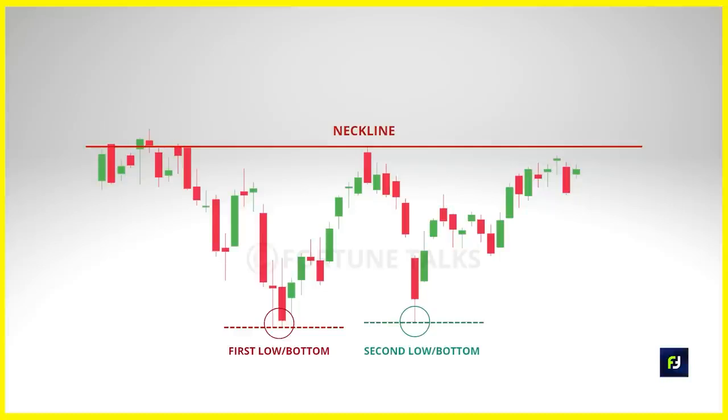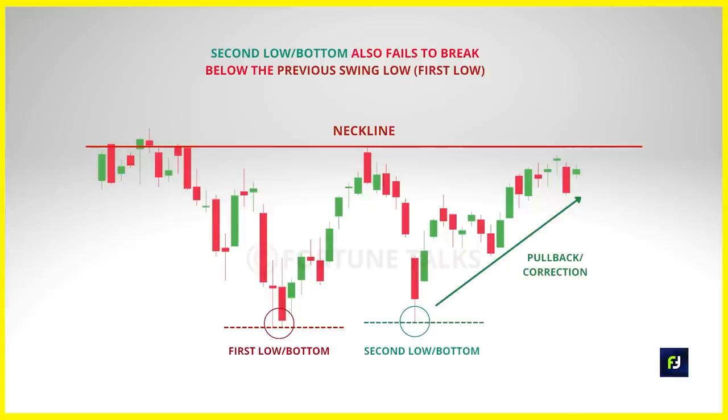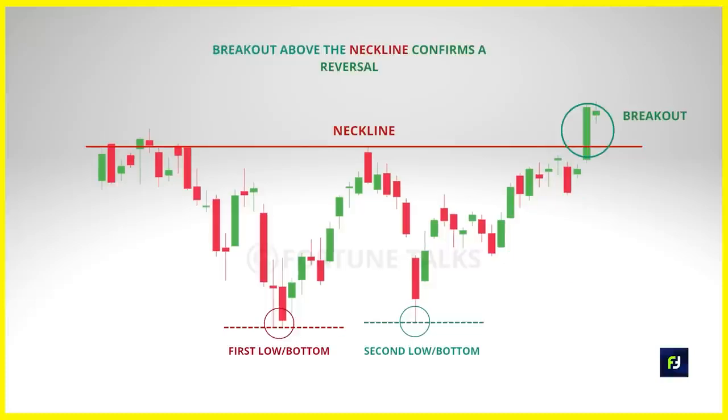Now what do these parts of the pattern indicate? A first low is formed and the market declines lower, forming a swing low and then moving higher. At this point, it is likely a retracement in the downtrend. But then a second swing low gets formed when the market rejects the previous swing low level and retraces higher again. So we can now assume that there is buying pressure, but it is too early to tell if the market could continue higher. We can only confirm the strength of the buying pressure when the price breaks above the